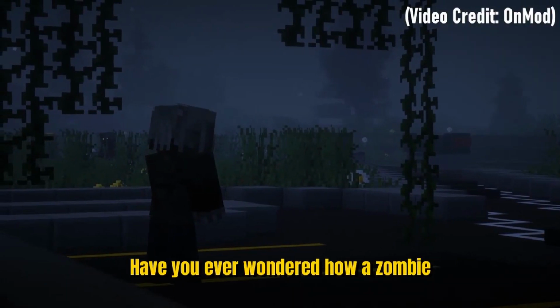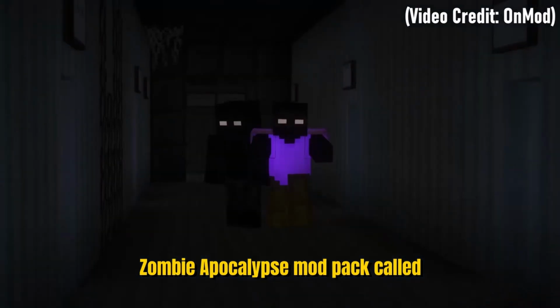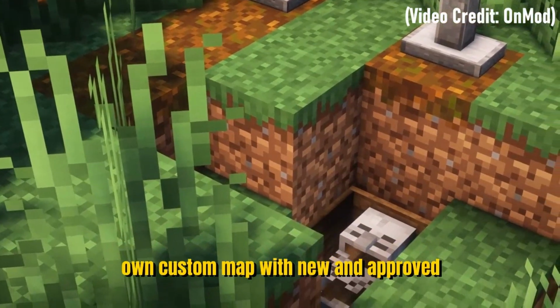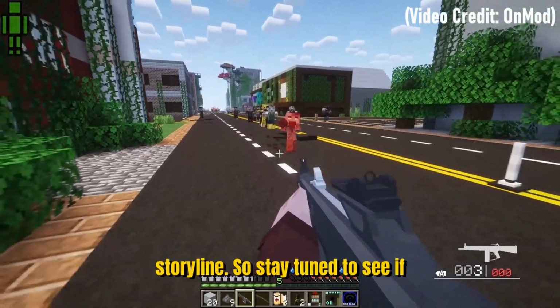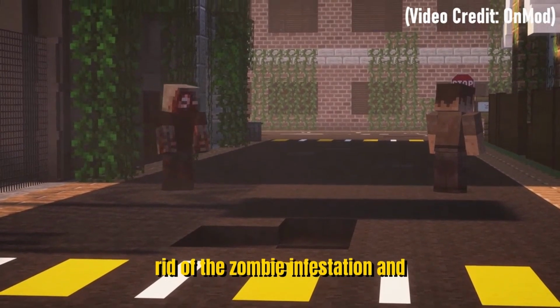Have you ever wondered how a zombie apocalypse in Minecraft would look? Then join me as I play through the modern zombie apocalypse mod pack called Cursed Walking. It has its very own custom map with new and improved zombies, modern weapons and gear, as well as its own storyline. So stay tuned to see if I'm able to find a vaccine to get rid of the zombie